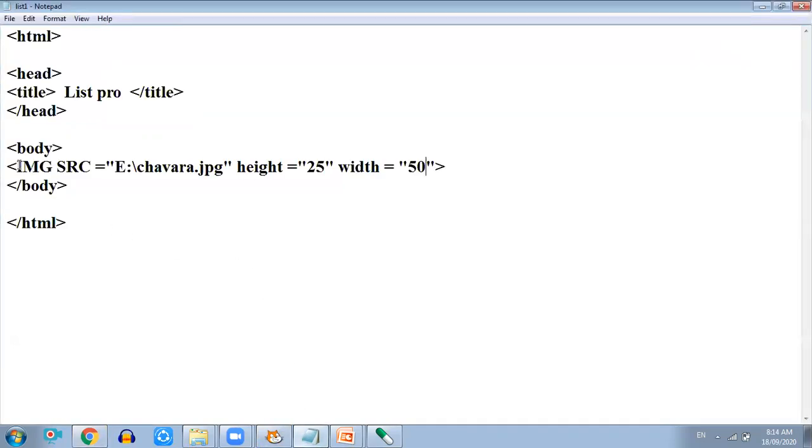Now it's very small. I hope you understood. You can specify its height and width with the help of the height and width attributes. So you write img src, the location of the file, and after that height and width you can specify. I hope you understood. Now let's move to the more interesting topic, that is marquee.